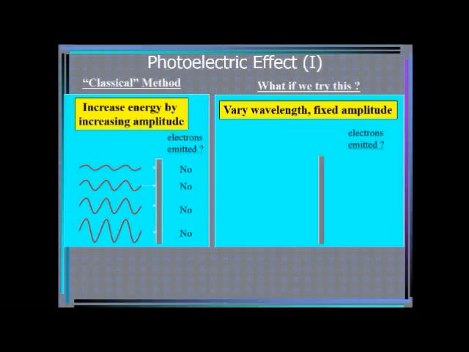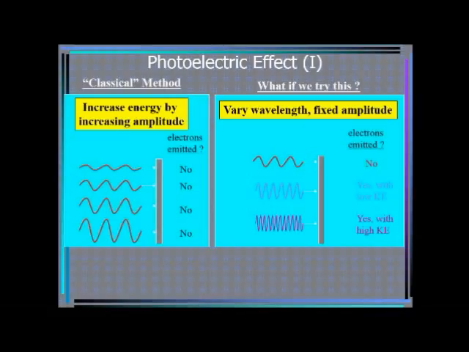Now let us try something different. We keep the amplitude constant and change something else, that is, the wavelength. Changing the wavelength will change the frequency of the wave, you know it very well. For the first case, we have the same magnitude, but electrons were not emitted. Keeping the magnitude the same, we change the wavelength, that is, we increase the frequency. There was some emission but with low kinetic energy. Now with some more frequency there was an appreciable emission of electrons from this metal surface with higher kinetic energy.